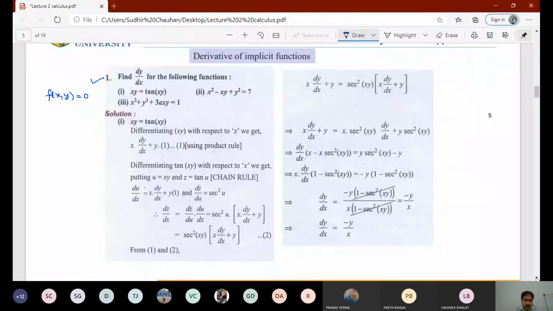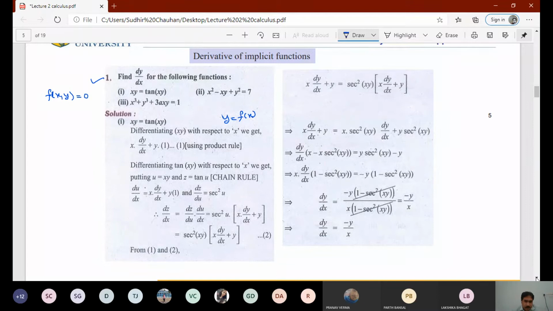So differentiating xy with respect to x we get, so here we have two functions, x is a function of x and y is a function of x, as we assume that x is independent, so y is dependent on x. So we assume that y is a function of x. If we assume this, then we can differentiate y. Now if we differentiate, then we have to apply the product rule, and it is x dy by dx plus y into the differential of x, that is 1.